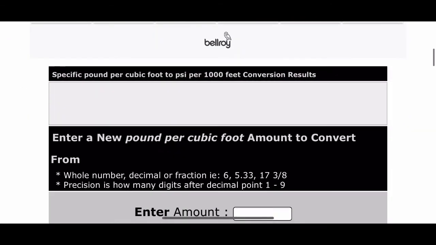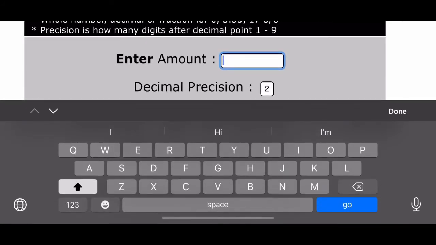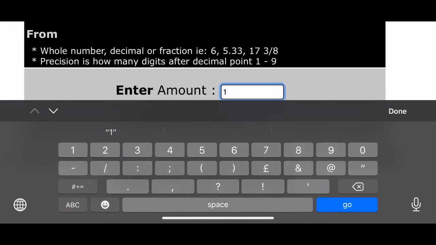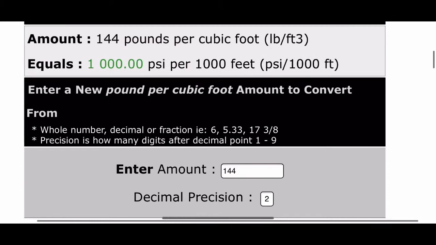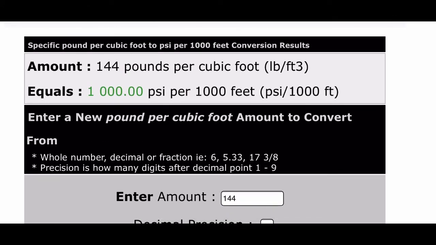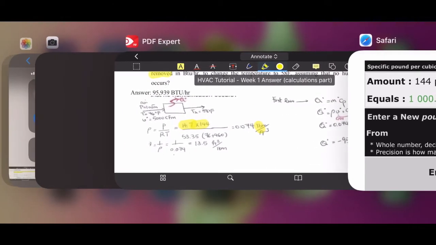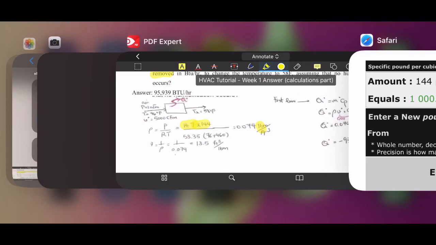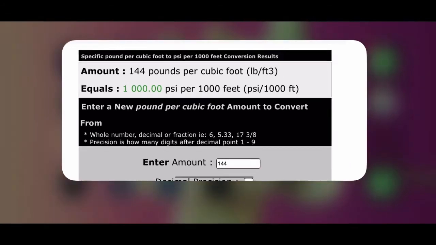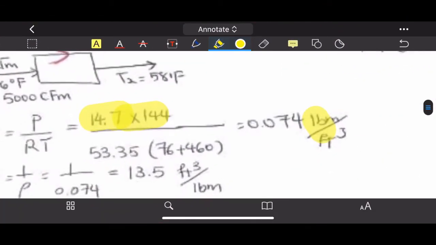So let's scroll down to the section where you can enter the amount. Since you have 144, I'm going to type 144 there and go. If you scroll back up, you can see that 144 pounds per cubic foot is equal to 1,000 psi per 1,000 feet. So we take this 1,000 psi and try to convert it into 1.44. Since we know our conversion, 1,000 psi equals 144 pound. So when you multiply like this, 14.7 times 144 for the conversion unit, you divide